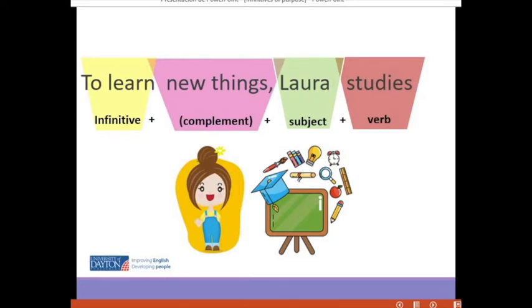So I study because I love music. So to say the same, I will say I study to learn music. Okay, I study to learn English. I go to the supermarket to buy food. Let's continue with some exercises. Excellent. So let's practice a bit what we've been practicing already.